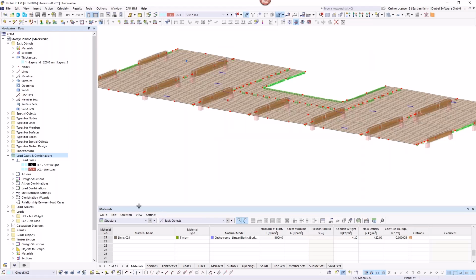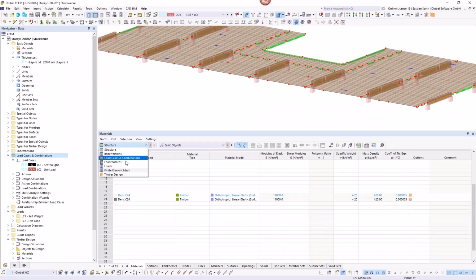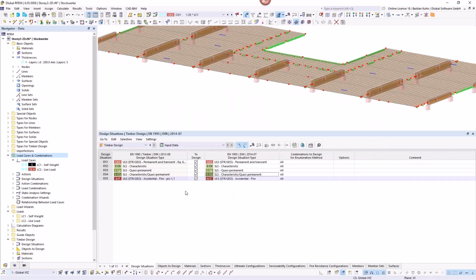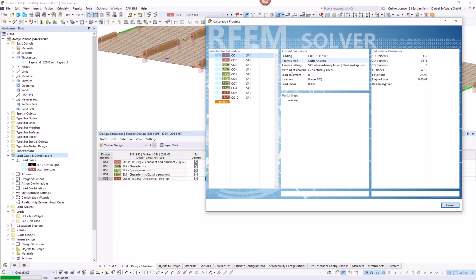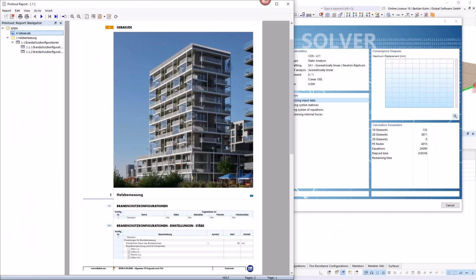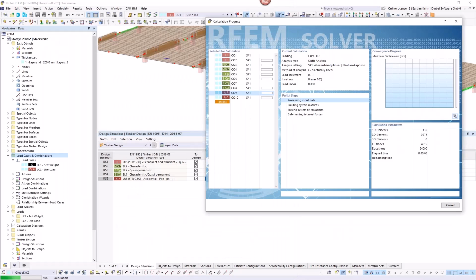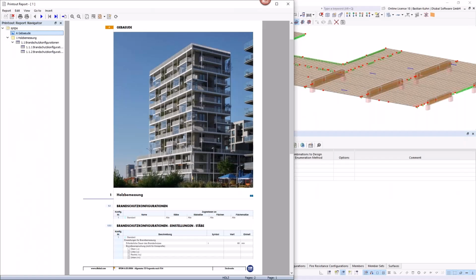And then the only thing left to do is go into the timber design and say what you want to verify in here. So we want, once again, to verify ultimate limit state and serviceability limit state. And here is correctly assigned the accidental fire. Vibration we will do later on. I let the software now calculate, because this gives me the opportunity to show you the printout report a little